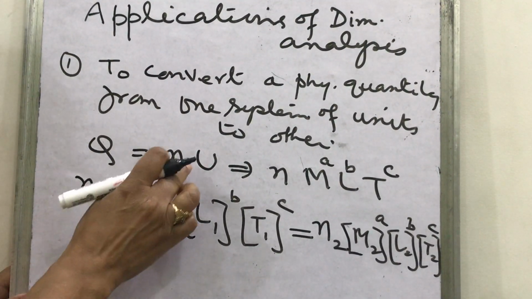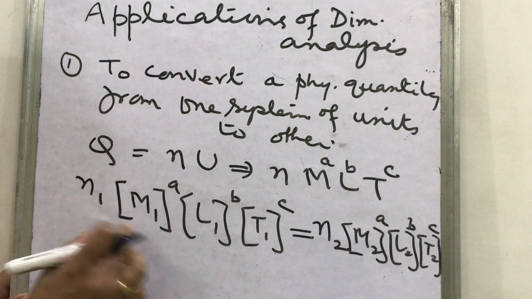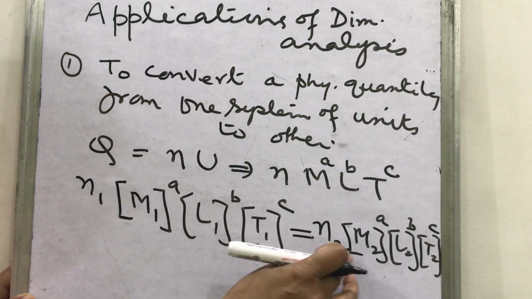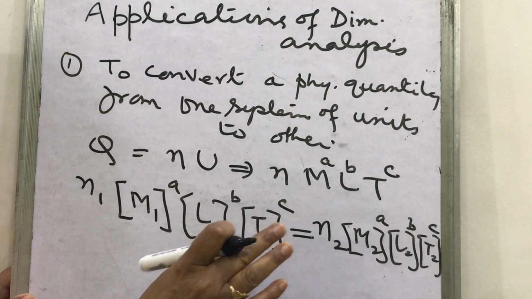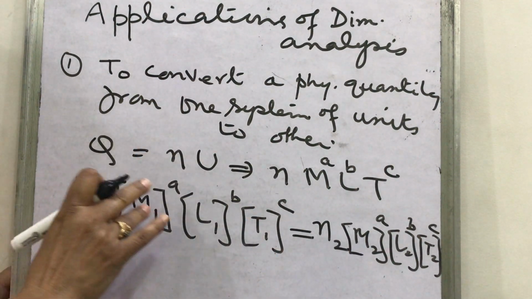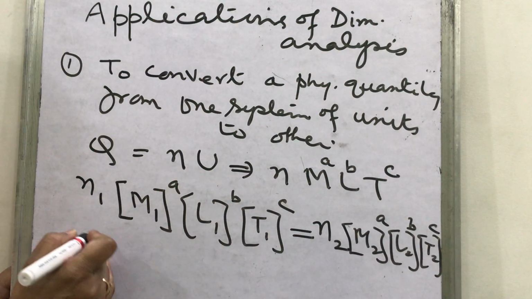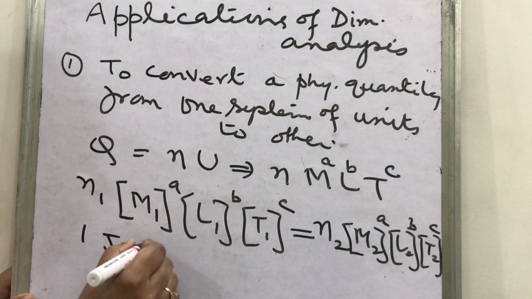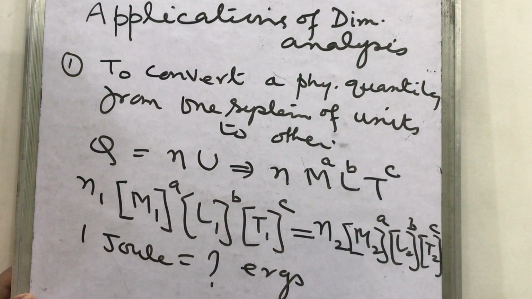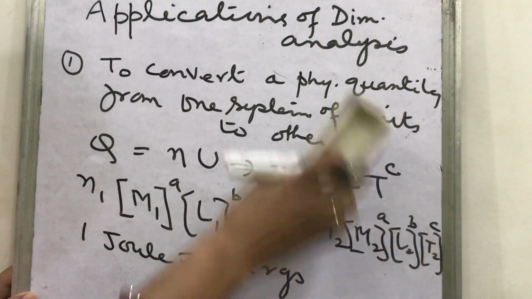How can you say 1 kg sugar or 1000 gram? So N1 is 1 and M1 is kg, while N2 is 1000 and M2 is gram. In this way, you have mass, length, time in the first unit and mass, length, time in the other system of units. For example, 1 joule equals how many ergs? Do it with the method of dimensional analysis. How will you do it?